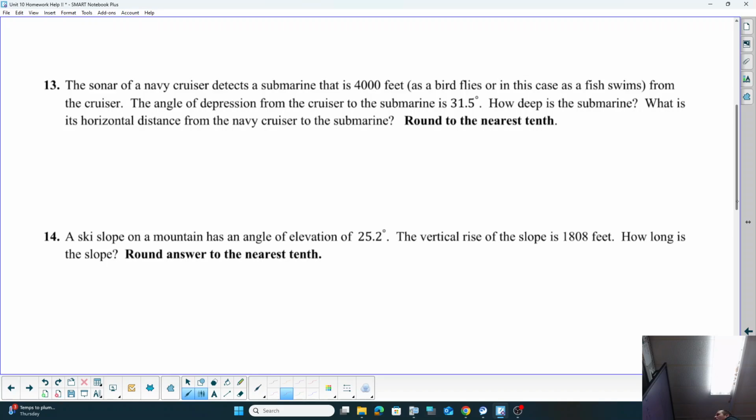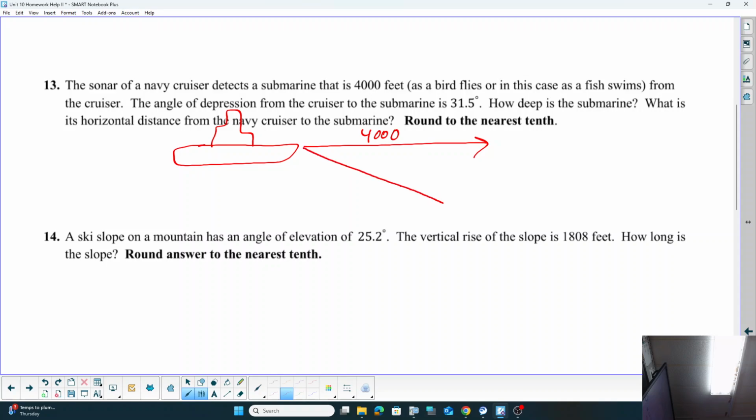The sonar of a Navy cruiser detects a submarine that is 4,000 feet as the bird flies, or in this case as the fish swims, from the cruiser. So we have this big ship, the Navy cruiser. And then the cruiser detects a submarine that is 4,000 feet as the fish swims. So it's going to be straight across, and that is 4,000 feet from the cruiser. The angle of depression from the cruiser to the submarine